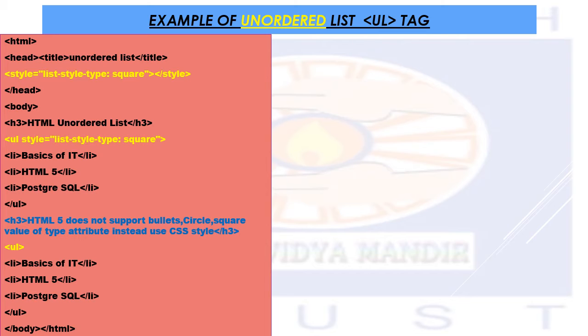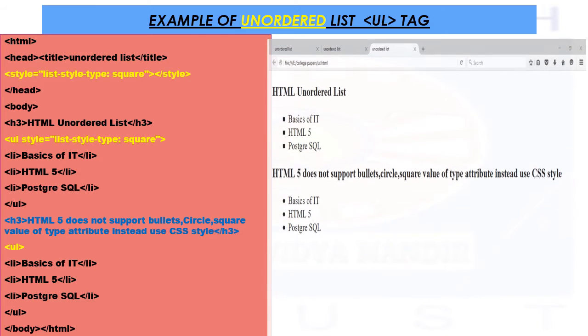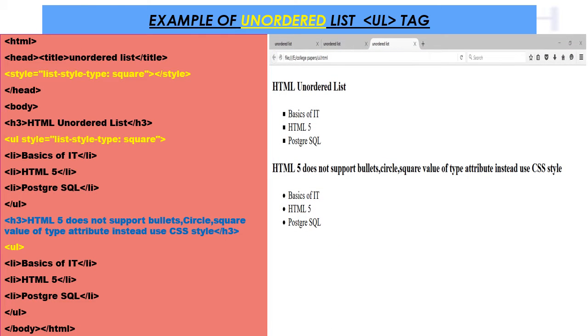Okay. So let us see the example over here on the right hand side. See the example, the output. See the first one, as I want to use the bullets as square. Square shape bullets I want to use. So that is why you can see over here how it has come, just because I have used the style tag over here with the CSS. And see the next one, here we are not using the CSS style. So you can see this is the default value of bullet. Understood both differences, students, in this particular file in the UL tag.